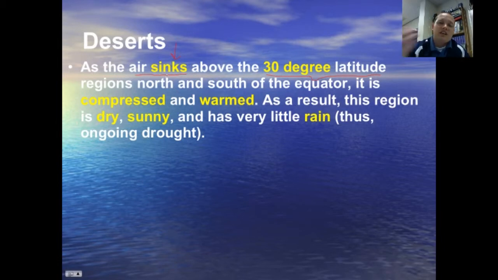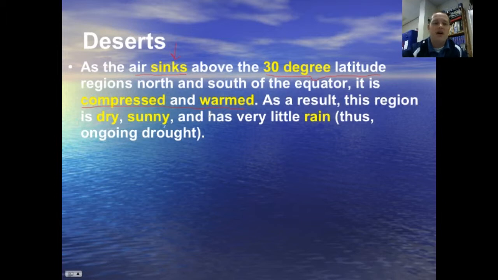What happens is, as it gets closer to the Earth's surface, it's starting to be compressed and now starting to get warmed up again. It's the convection cycle, where you have warm material rising and then cold material sinking, and then again starting that process all over due to receiving warmth and then rising again because it's less dense. So as a result, in this particular area, because of this